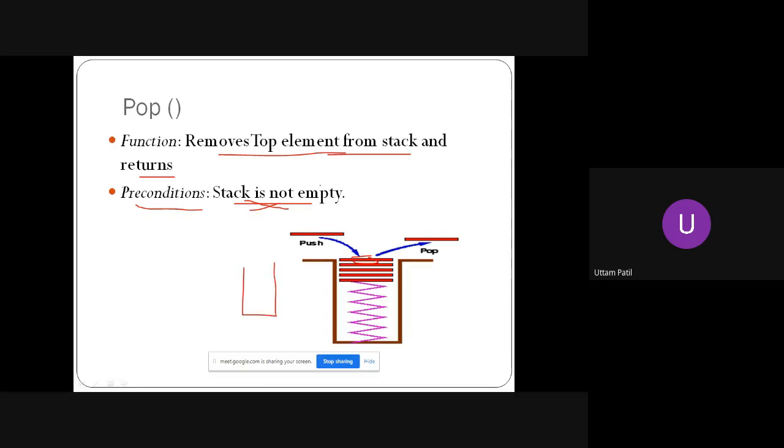No. That's the reason I have to check if it is not empty, and only then I can remove some element. It sounds very simple as of now, but once you imagine this with respect to instructions or programs, it will sound a little tedious, but it is not difficult. So is that clear? Push and pop operation.